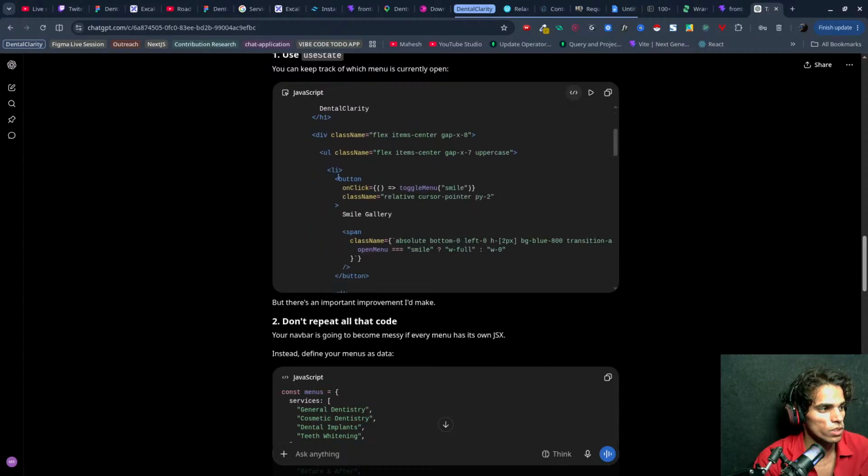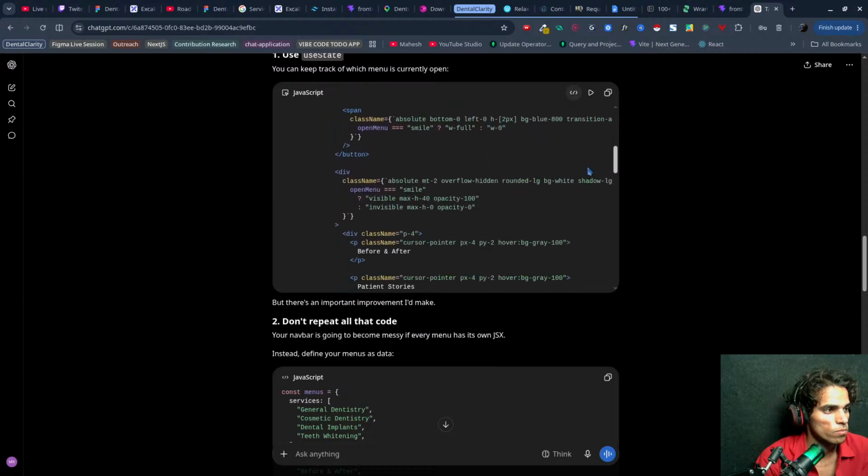So what we are doing, whenever it is clicked, the system opens the menu, set to true. The class name is absolute, and the menu is not visible.